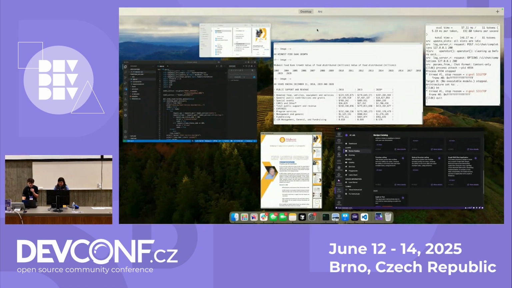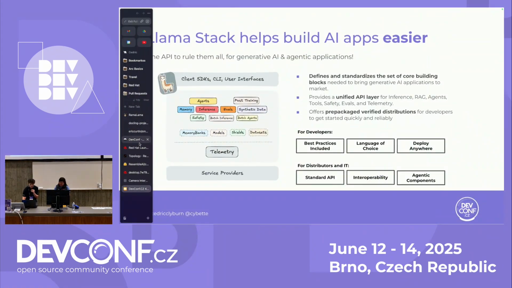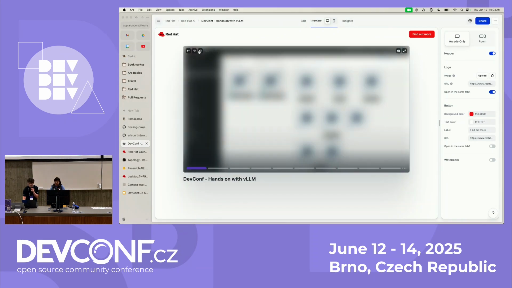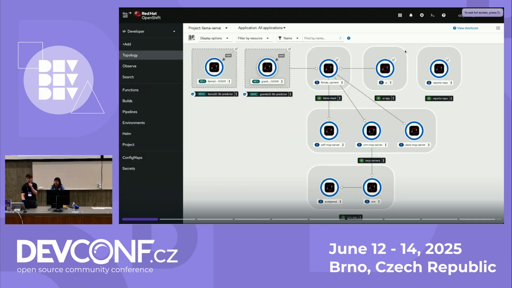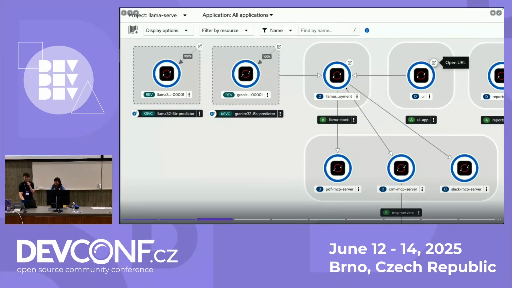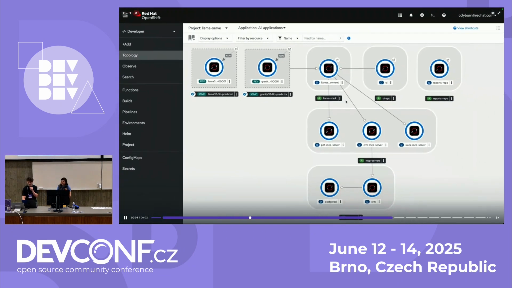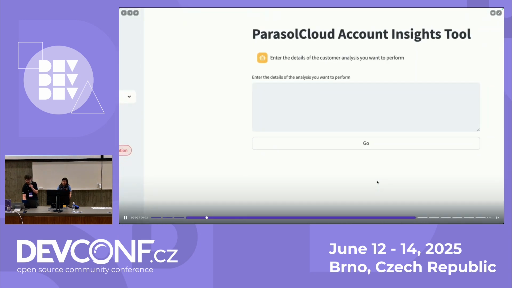But what I also want to show you is that, once I have this running in a container, I can deploy this on, for example, OpenShift on top of Kubernetes. I'm going to run through this as a pre-recorded demo, just because we've done a lot of live ones. What I have here is Llama Stack running with MCP servers. MCP is a way to standardize our APIs and pull this all together, so that you have a front end calling the client, and the client calling these servers, accessing our database and CRM.